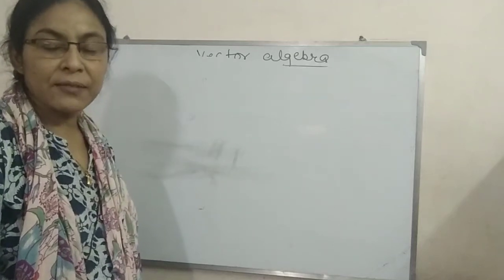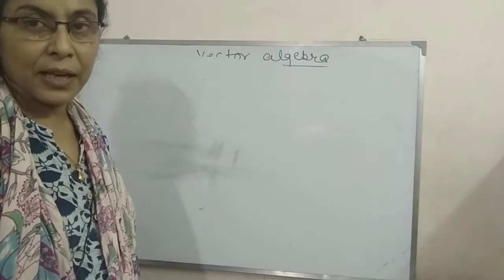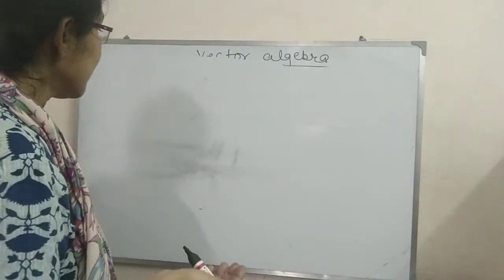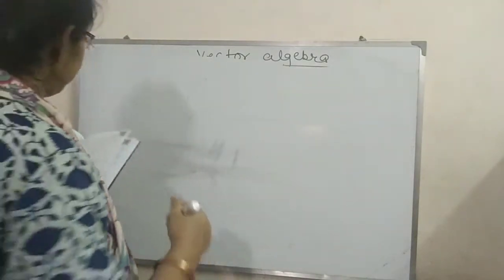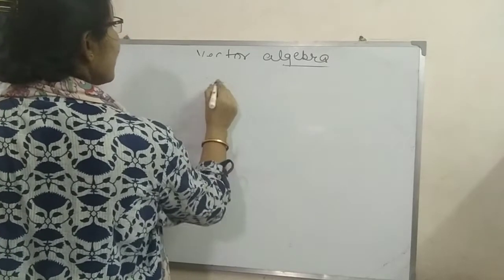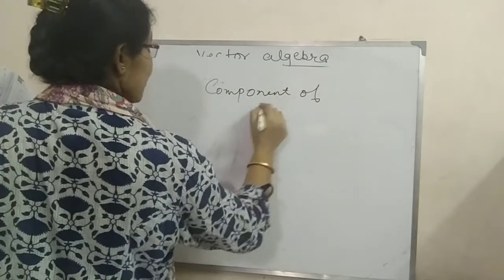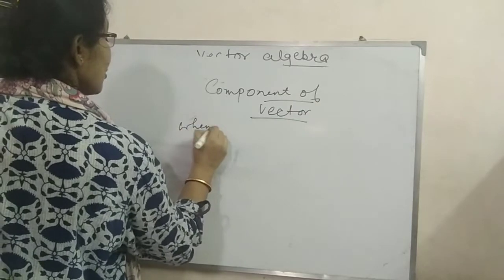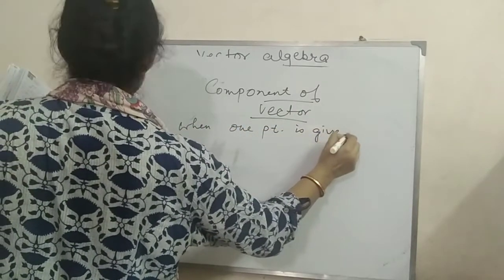Student of class 12, this is the continuation part of the chapter vector algebra. Now I will discuss the component of vector. When one point is given, component of vector, when one point is given, that is,